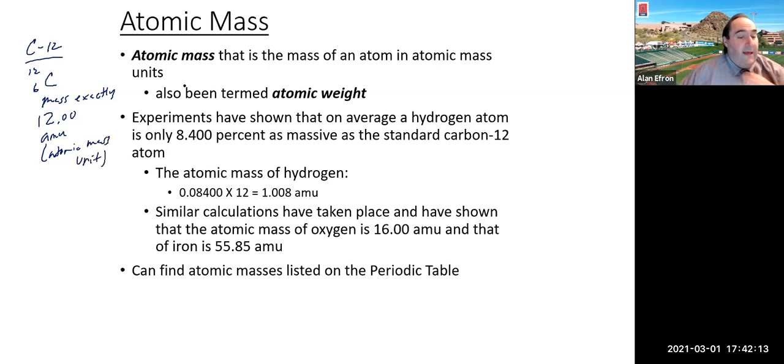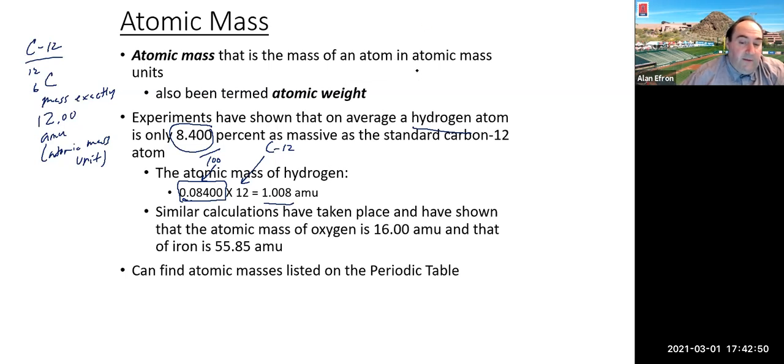And they used this guy as basically the standard, and they compared other elements to it. So, for example, they looked at hydrogen, and they said, hey, hydrogen is only about 8.4% as massive as this carbon-12 isotope. So what they essentially did was take 8.4%, which is what this number is, divide by 100 or move the decimal point 2 places to the left, times it by 12, which is the atomic mass of our carbon-12 isotope, our standard guy, and they come up with this value of